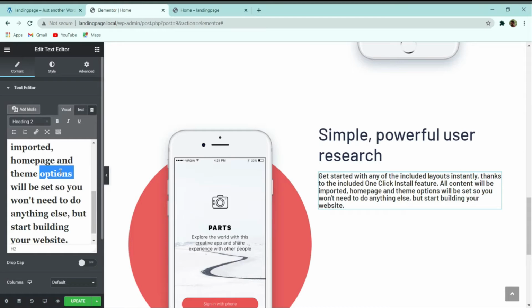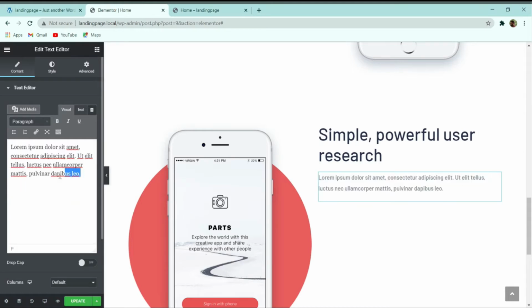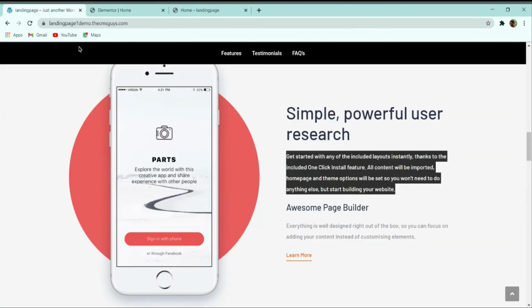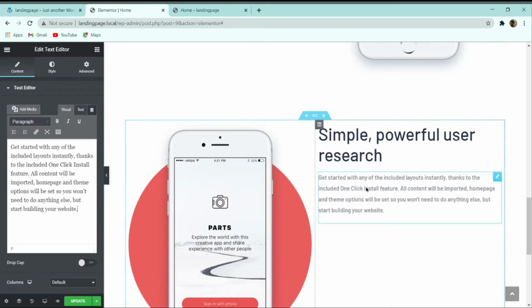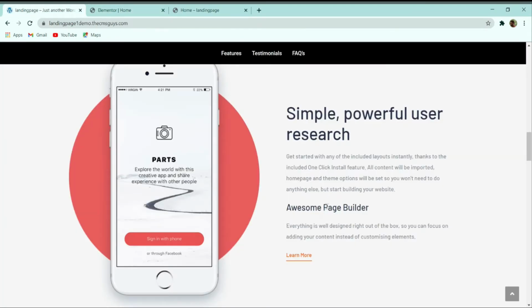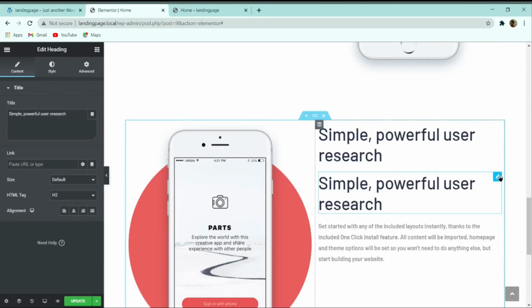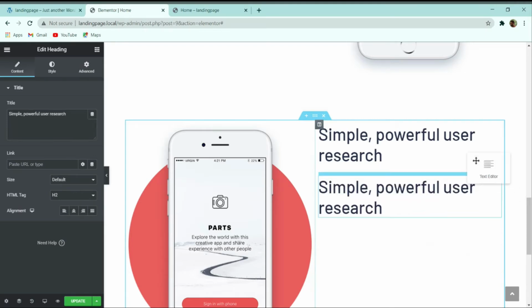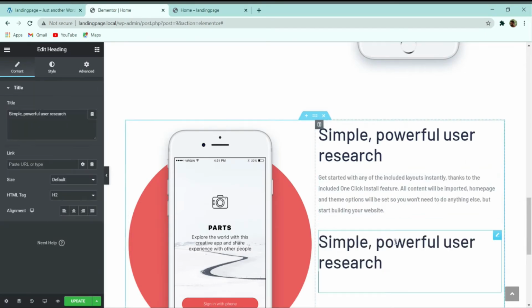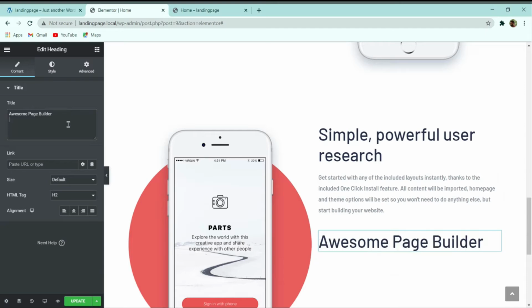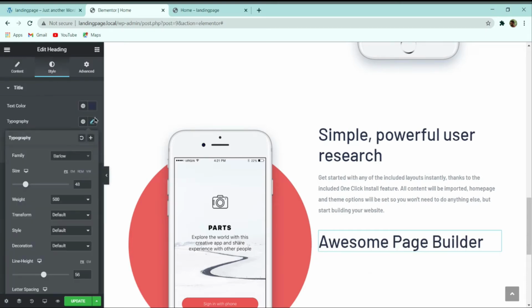Paste as plain text. So here you can see that we got that exact same text. Similarly, for this awesome page builder, I can duplicate this text from here and drag it under the paragraph, or I can take the paragraph up, and then change the title to awesome page builder and simply reduce the size.